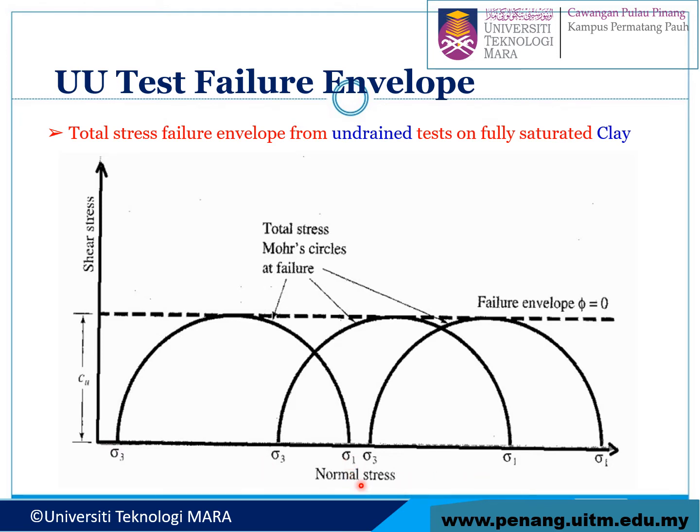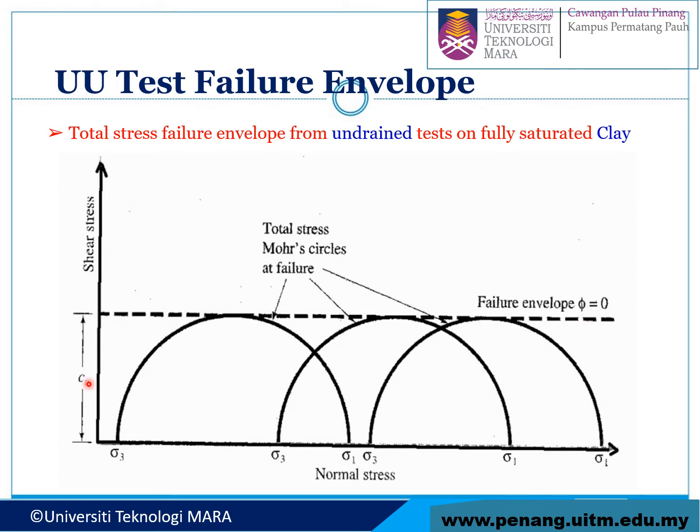For example, the confining pressure, the cell pressure, is 100 kilopascal, 200 kilopascal, 300 kilopascal. So the total stress is here. You see here this is the failure envelope, phi is equal to 0, and then you have the CU